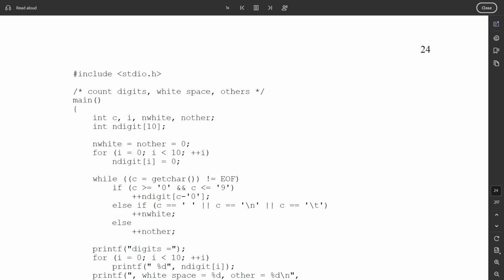The decision as to whether a character is a digit, white space, or something else is made with the sequence: if (c >= '0' && c <= '9') ++ndigit[c-'0']; else if (c == ' ' || c == '\n' || c == '\t') ++nwhite;